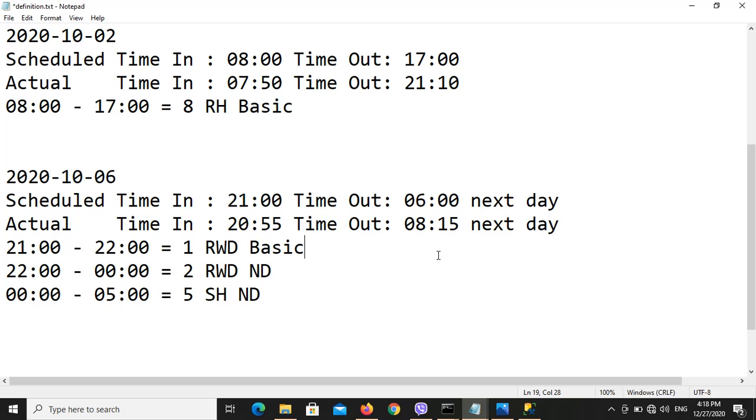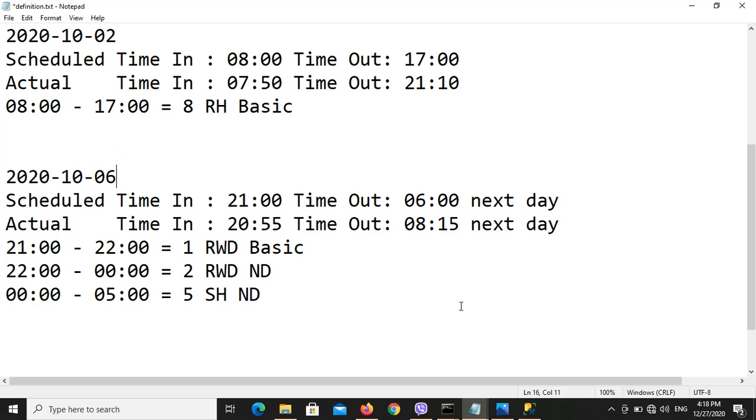So if you look at it, it already crossed the date, and it also crossed the night shift. Okay, so it is within the night shift and it is on the next day. Now in the system, October 7, the next day, was declared as special holiday. So there will be a different rate